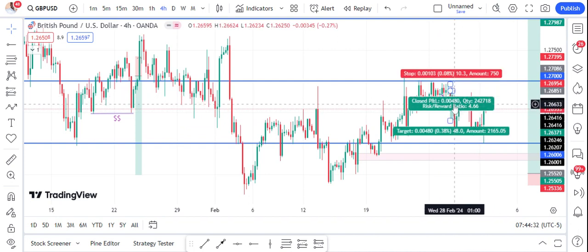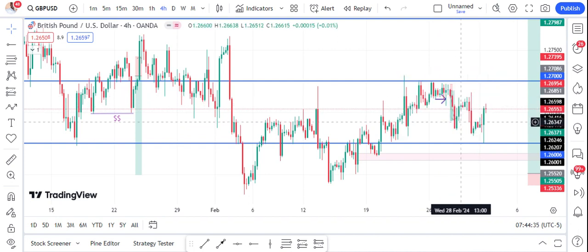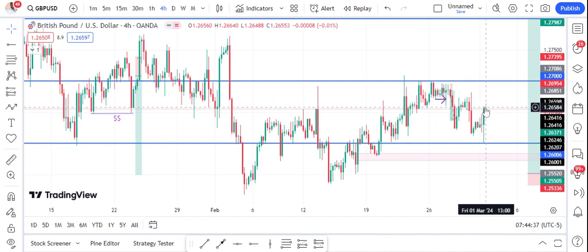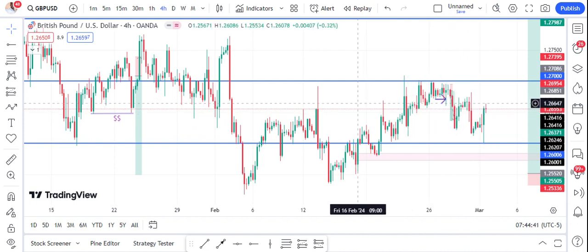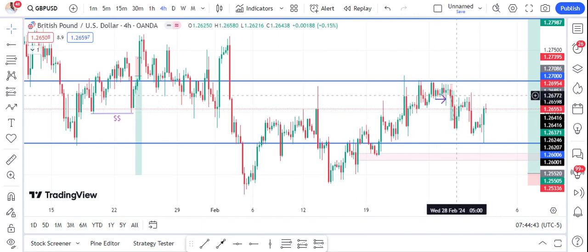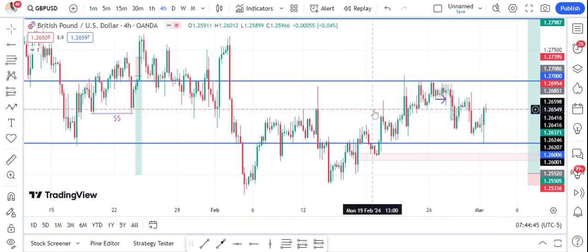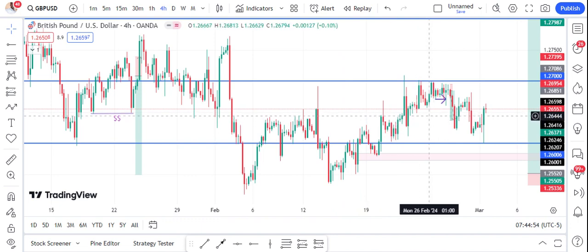This markup is not for a swing trade, it's a day trade analysis I did. I didn't enter the trade, but it played out very well. I think there was news around that time, so I didn't pay attention to it because news can be so volatile. I don't trade news.